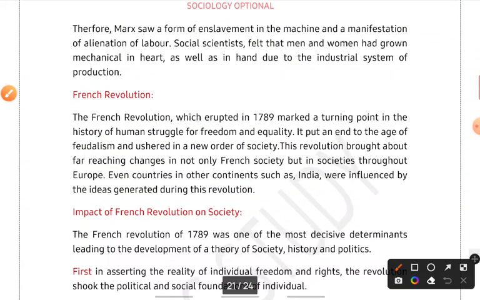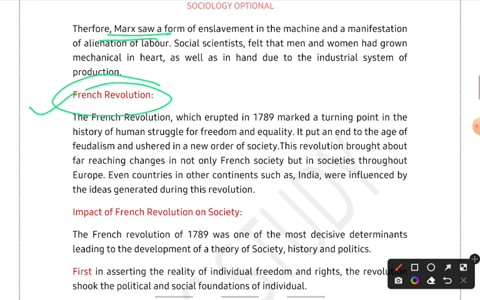Then you will write about the key French Revolution. Now the industrial revolution marks, like Marx gave a conflict theory. On the other hand, Durkheim said no, it is a functionalist theory. Based on functionalist theory, he said it is functional in nature for society, this thing should be prevalent, because it maintains order in a society. So that was the thing.